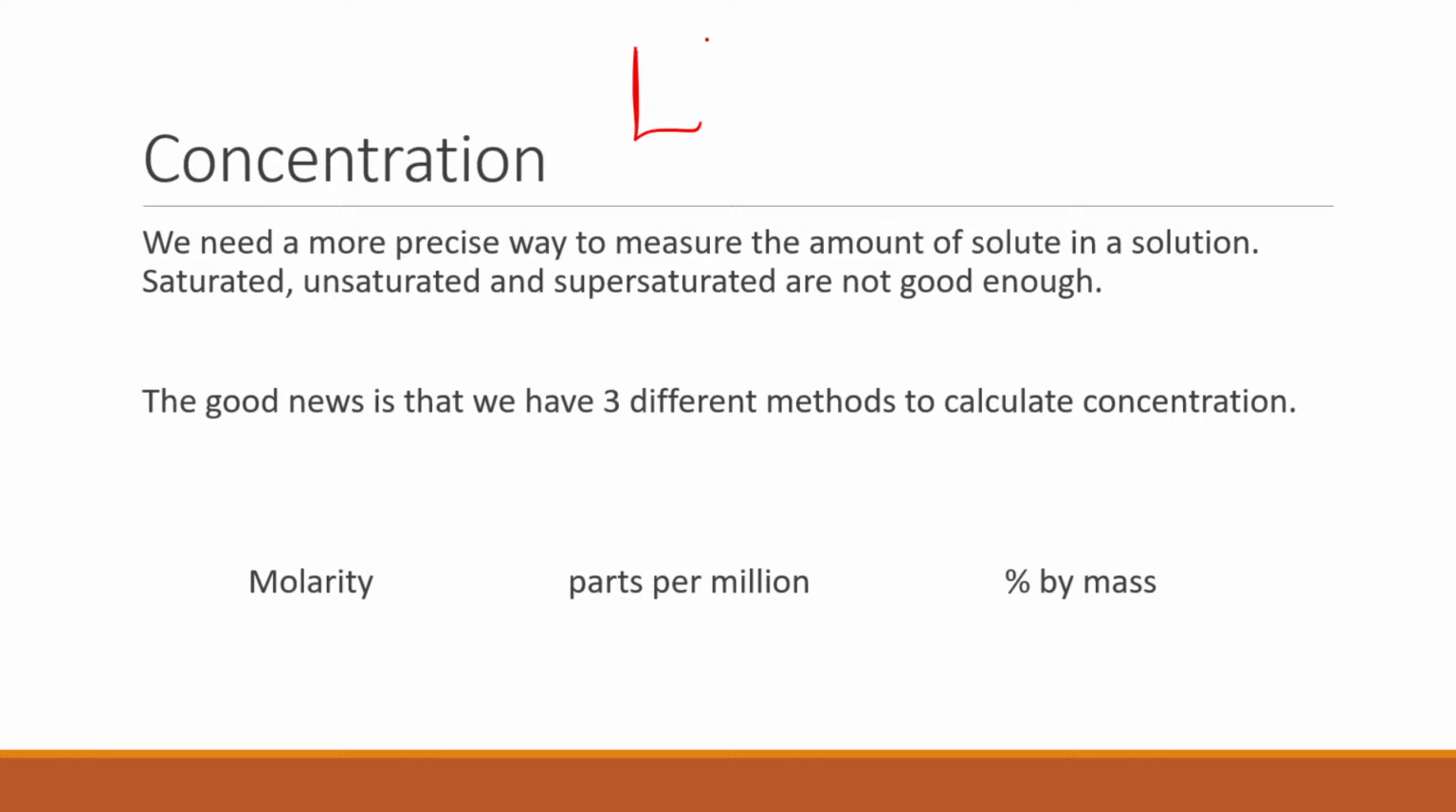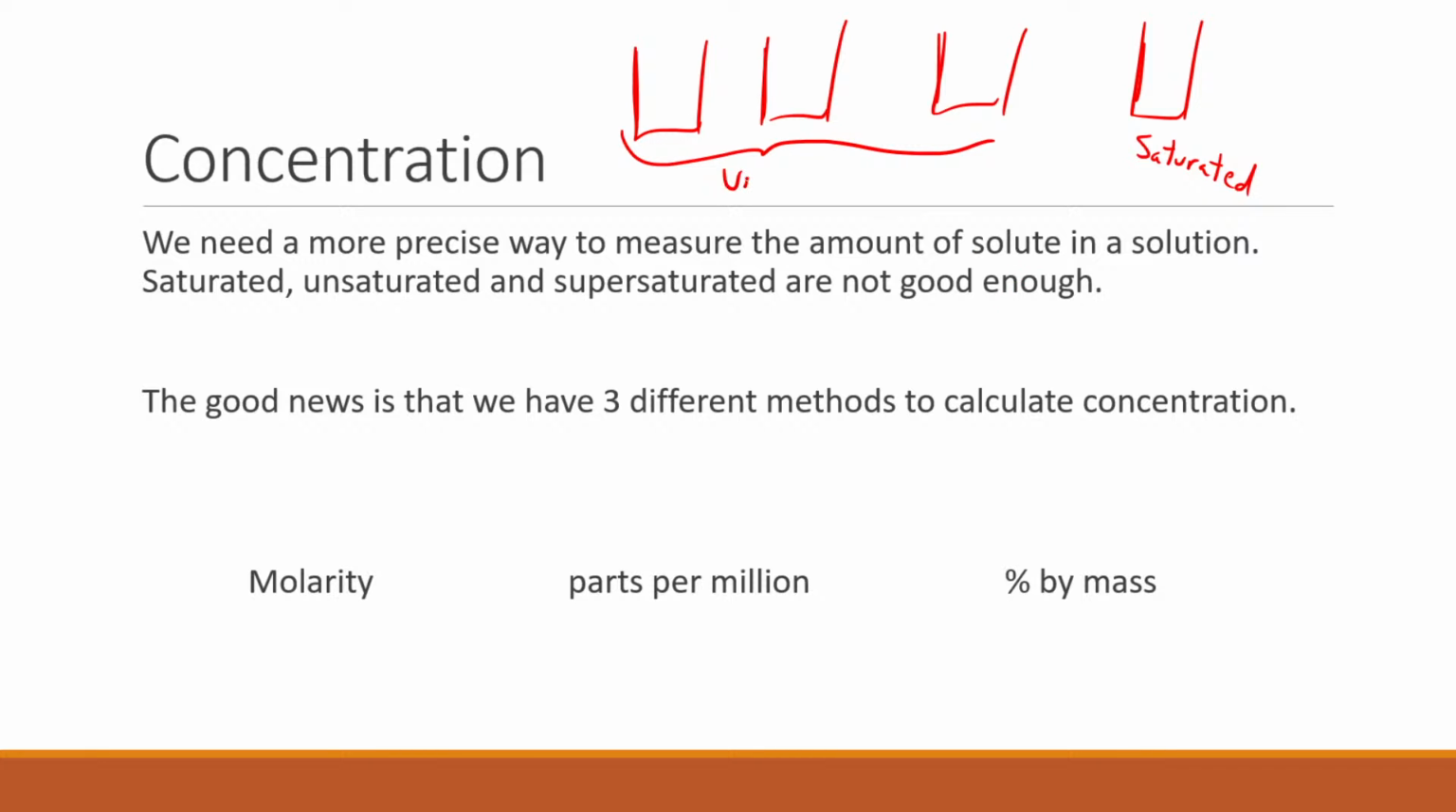And we already know that these words exist, right? We already know that we can call things saturated or unsaturated. But unsaturated, for example, can be any number of different things. And while it helps us narrow down our solution to what we're talking about, it doesn't give us anything super precise. If we think back to the video where we introduced saturated, unsaturated, supersaturated, we said that saturated meant